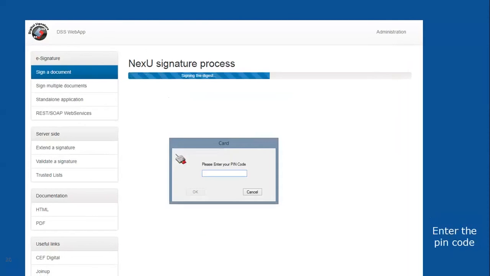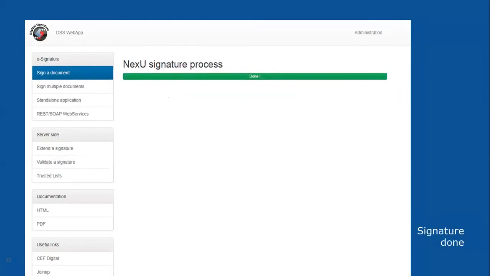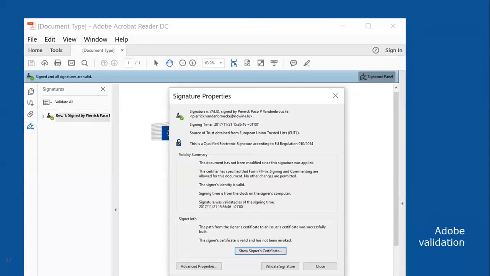Okay, you enter the PIN code of your smart card. I will not tell the PIN code of Pierrick. And then the signature is done. To prove that the signature is okay, let's open that same signed document, the PDF, with Adobe Reader. And as you can see,